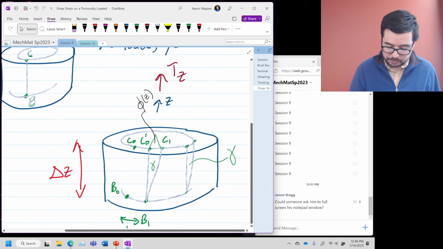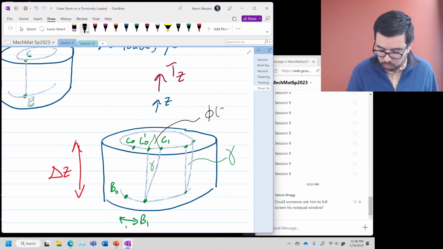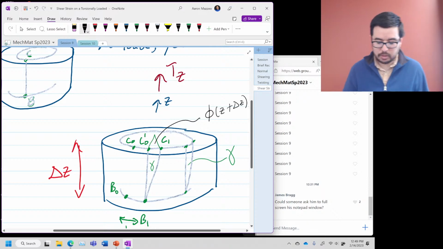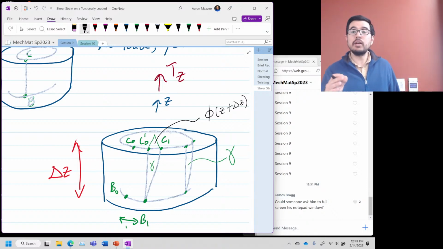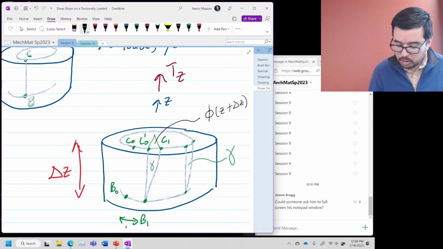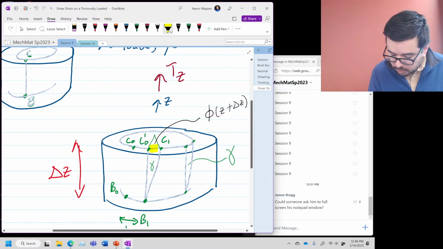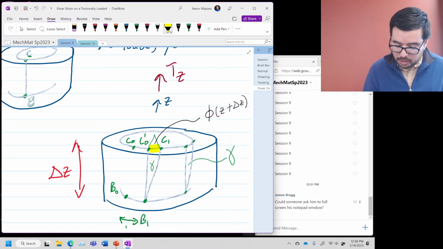Let me zoom in. Try that again. Up here, and we could do it's phi plus delta phi, whatever we want to say, okay? But that's the angle of twist. Yes, that's the angle of twist, okay, at that location. Now look, what do these two share in common? They share this right there, okay? So this highlighted length,